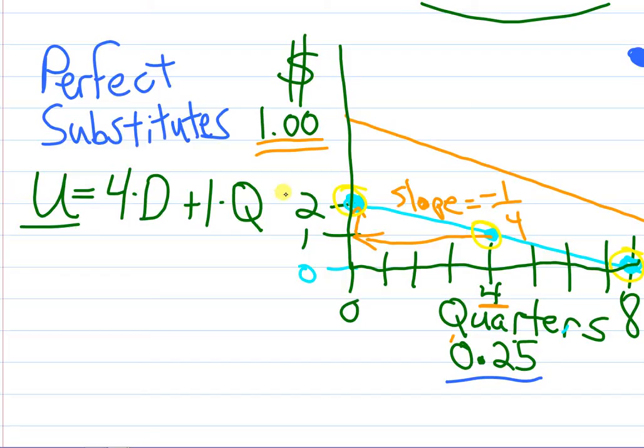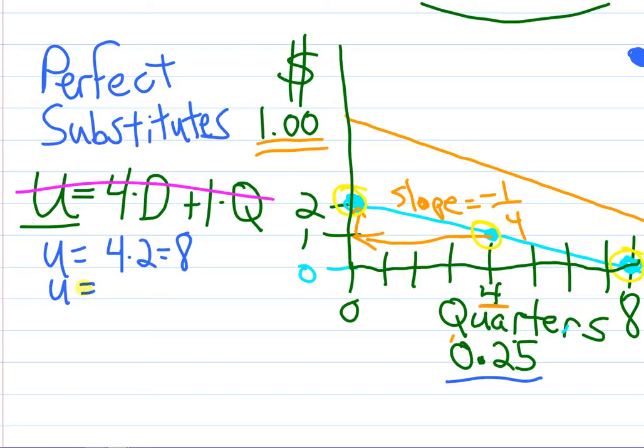Let me draw a pink line through the top there so we can still see it. Let's look at this point right here, $2 and 0 quarters would give us a utility of 4 times 2 equals 8. Let's look at this point. Well, we have 4 quarters, so utility equals,